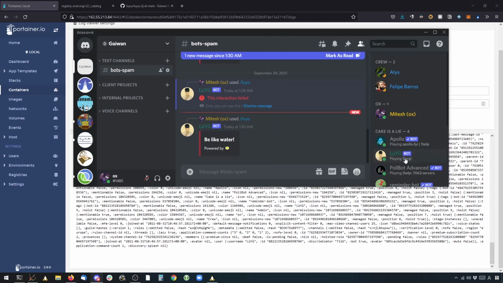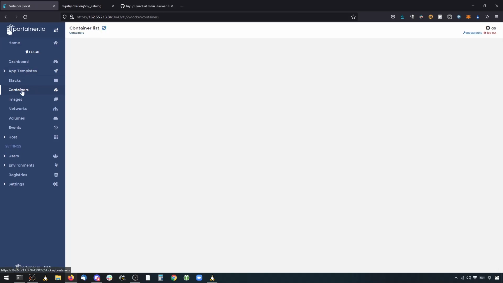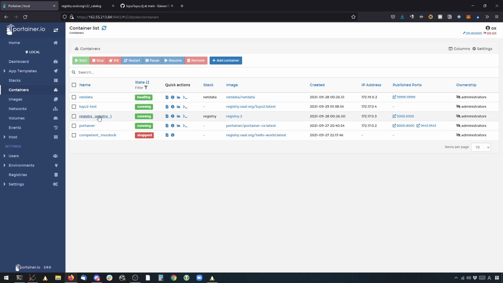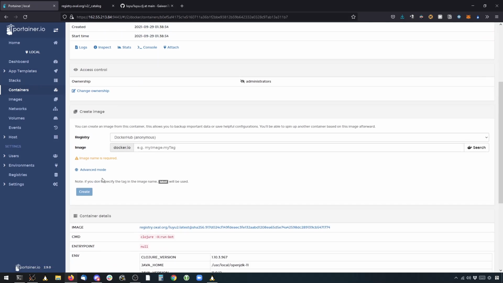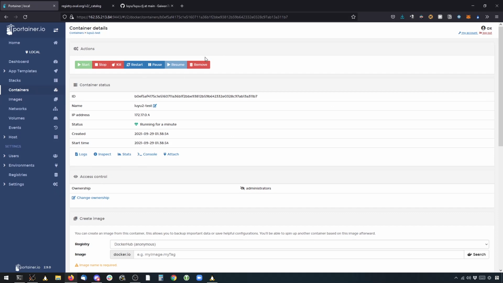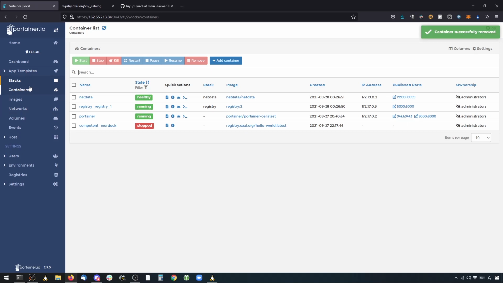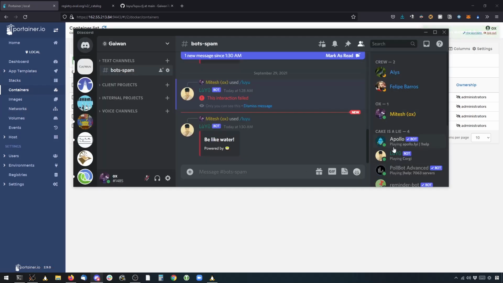So that's pretty much it. I think that is a really easy way to deploy a Clojure app. But let's go a little bit further now. The problem with this container is that once I stop this, it's going to die because I checked that box to auto remove it. So let's just remove this container for now. And our container is gone, and our bot should also disappear soon.